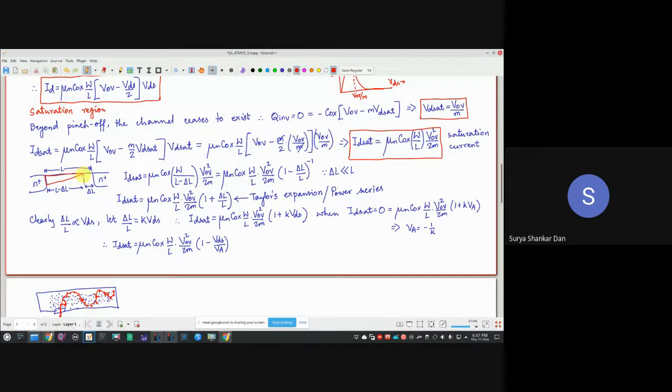Notice that over here, first thing that is going to happen is, one of you said, right, the field will be more. Okay, the reason is that, notice, although this delta L I have shown in an exaggerated way, remember, this delta L is much smaller than capital L. Okay, so if this delta L is much smaller than the capital L, the pinch off region is much smaller, what will happen is